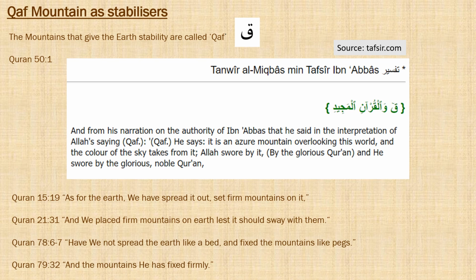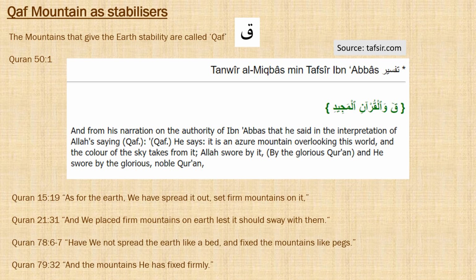Although it's a topic for another video, there is something to be said about Allah needing to swear an oath by the fish, as he did earlier in Quran chapter 68, and in this chapter swearing by the mountains, and other of his creations throughout the Quran, or even by alphabet letters, a topic that is covered in the book Islam the Honest Truth. Nonetheless, there is a common theme from Islamic sources that mention mountains giving the earth stability